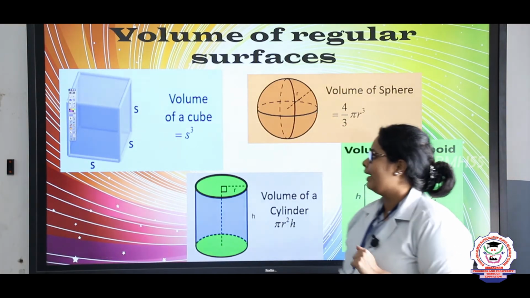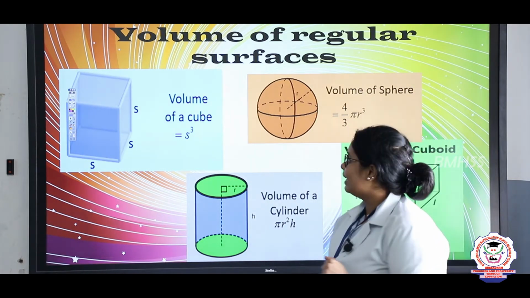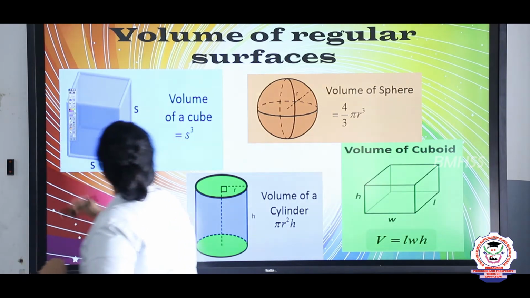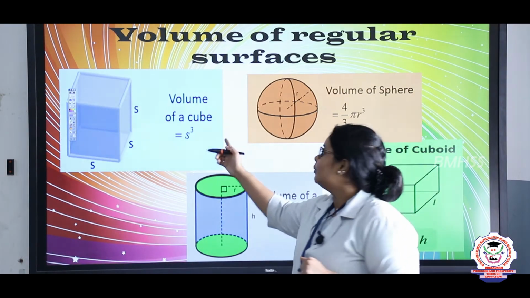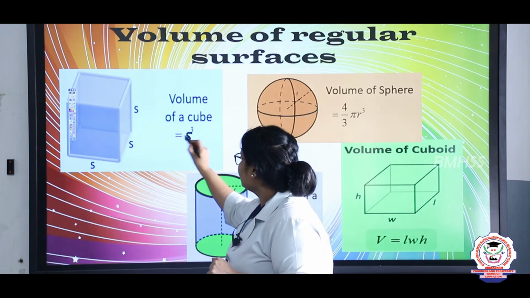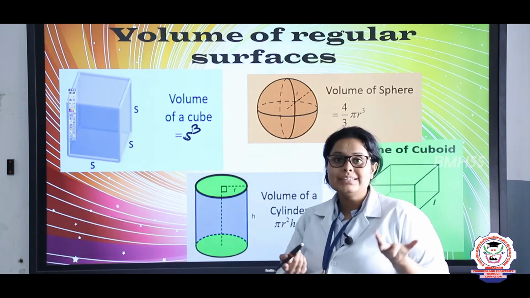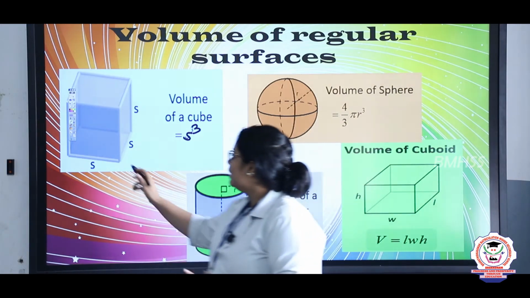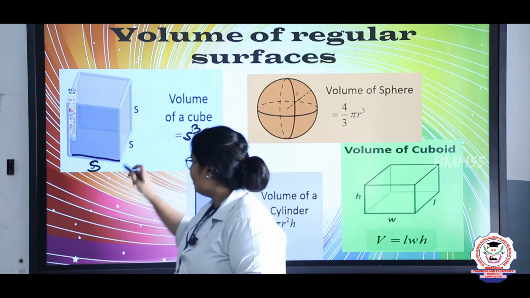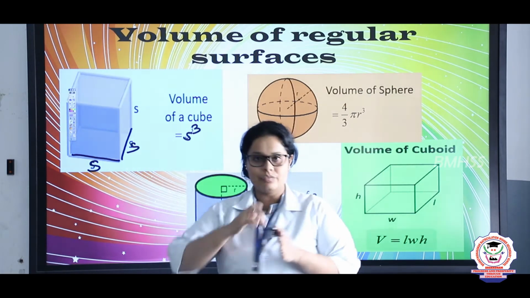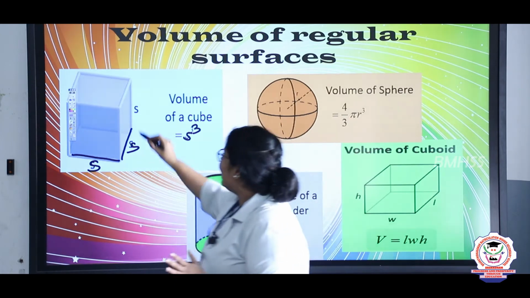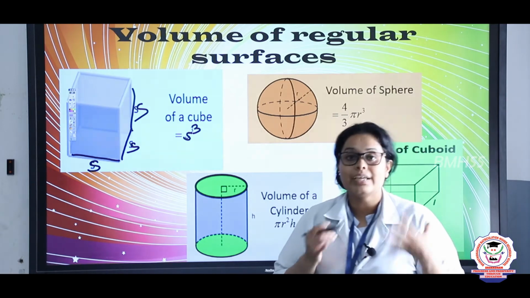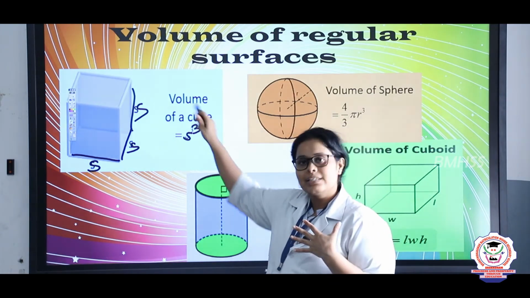First you see this diagram. In the first diagram you can see there is volume of a cube. So what is the volume of a cube, children? Here they have written that volume of a cube is S cube. Now why is this S cube? Because a cube is having all the sides equal. Now this base is S. This side is also S, that is the front side and the side, and even the height is S. So there are 3 S's, right? So when we need to find the volume of a cube, we will write it as S cube.